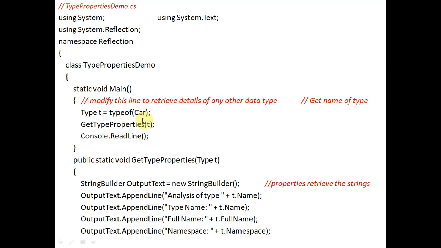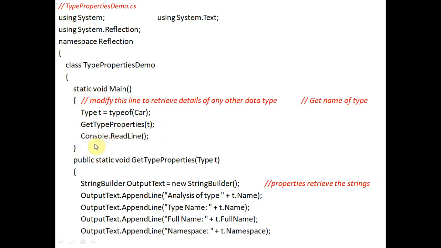So Car is a class, so we are returning its type, and then we are writing here GetProperties(t). The type of Car will be stored in t, and we will extract all the properties of t.